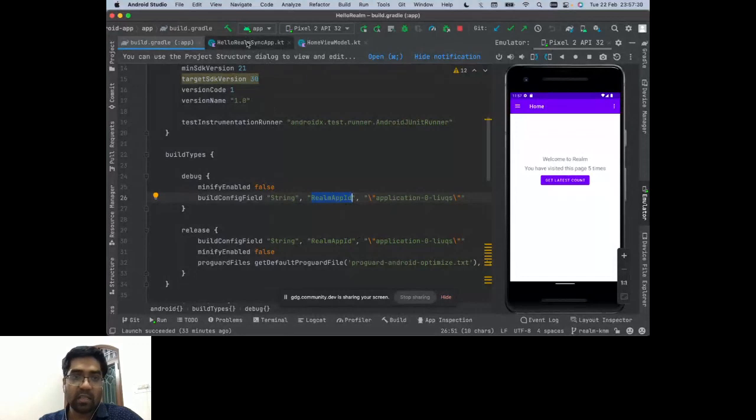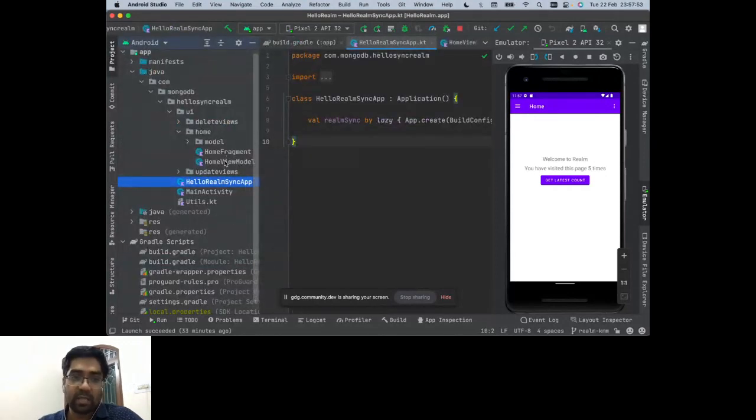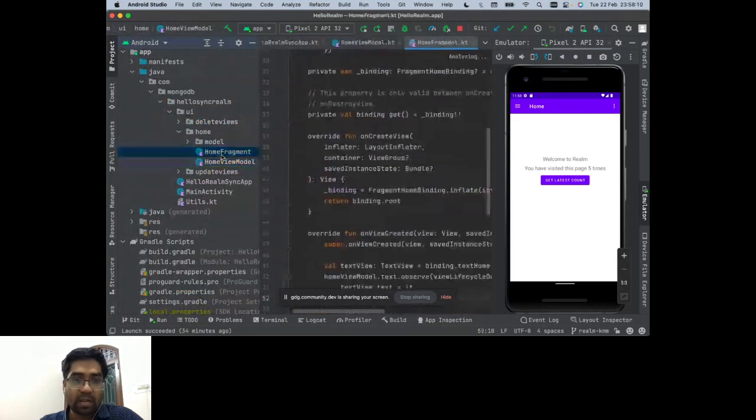Now, since this is there, let me re-initialize my Realm. There's no Realm initialization step; it's not required at all. What you have to do is simply create the instance of Realm whenever it's required. As you can see in my application class, I have just written the lazy instance of Realm Sync. I created it like this because my project has dependencies on Realm Sync in all of the view models, and I want to keep them as segregated as was mentioned by Patryk in the first call, right? Keep things as segregated and as abstract as possible. Okay, so let me show you my fragment as well.